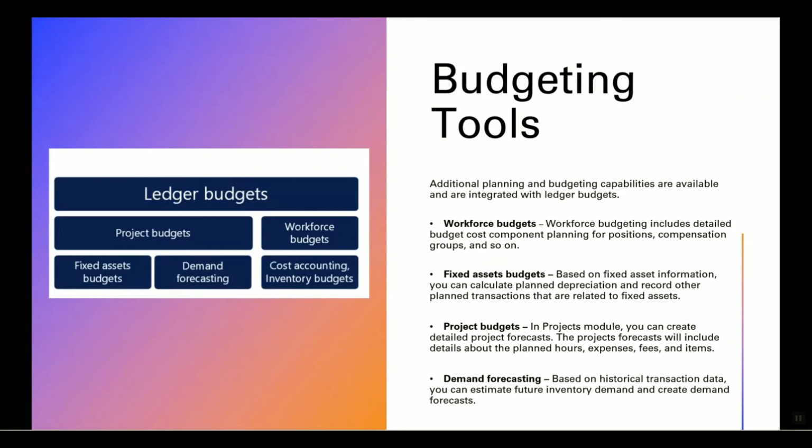Project budgets: in the project module, you can create detailed project forecasts. The project forecasts will include details about the planned hours, expense, fees, and items. Demand forecasting: based on historical transaction data, you can estimate future inventory demand and create demand forecasts.